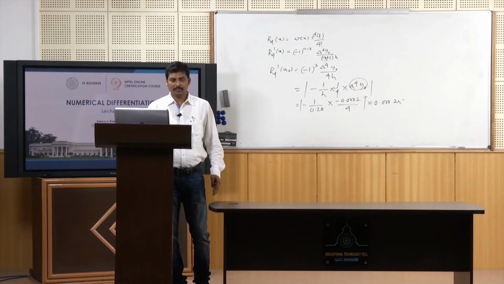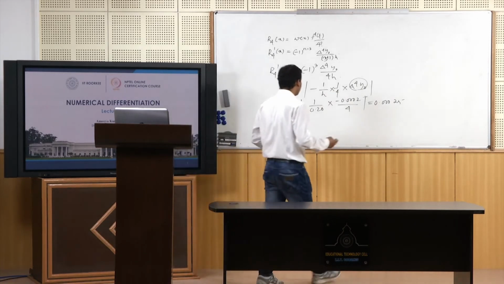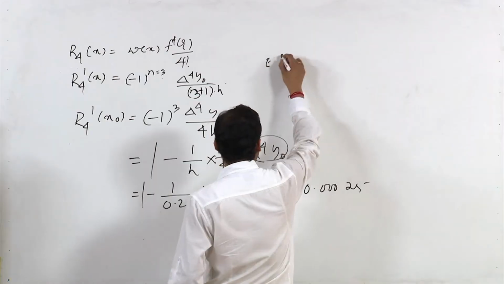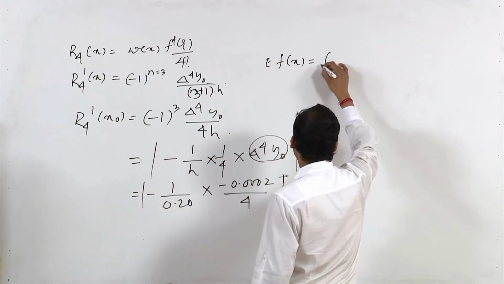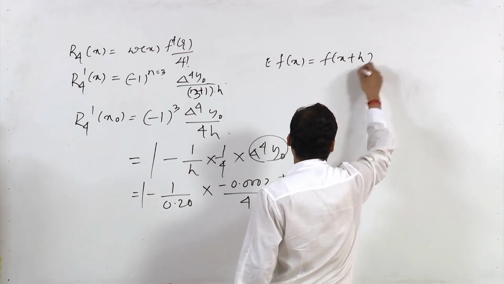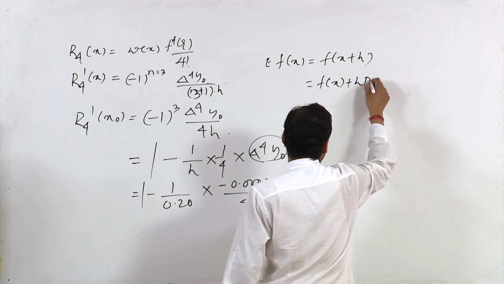So, if you define this differentiation using finite difference operators, finite difference operator means we can consider the shift operator here. Shift operator is usually expressed in the form of E of f of x here. So, E of f of x is usually written as f of x plus h here, and f of x plus h can be expressed in the form of Taylor series as f of x plus h d of f of x